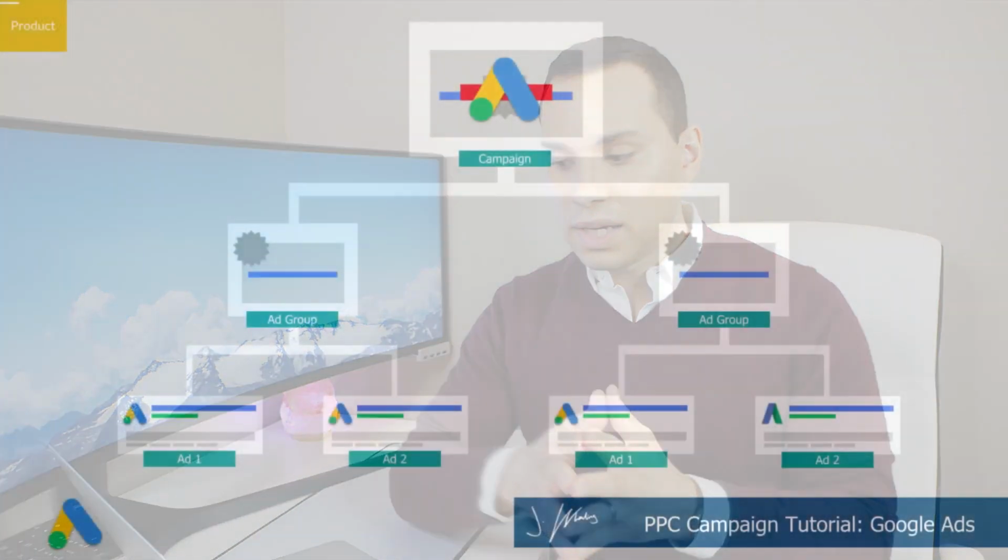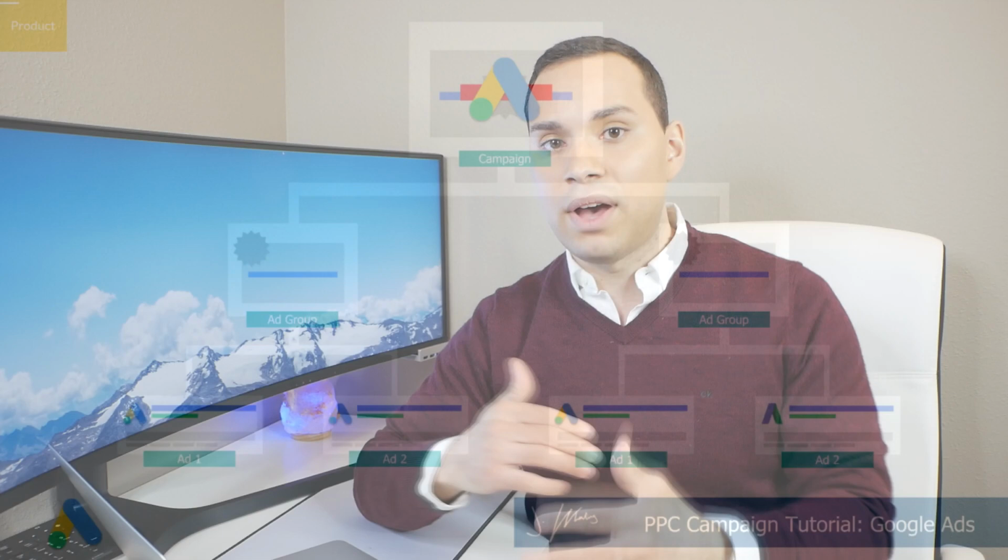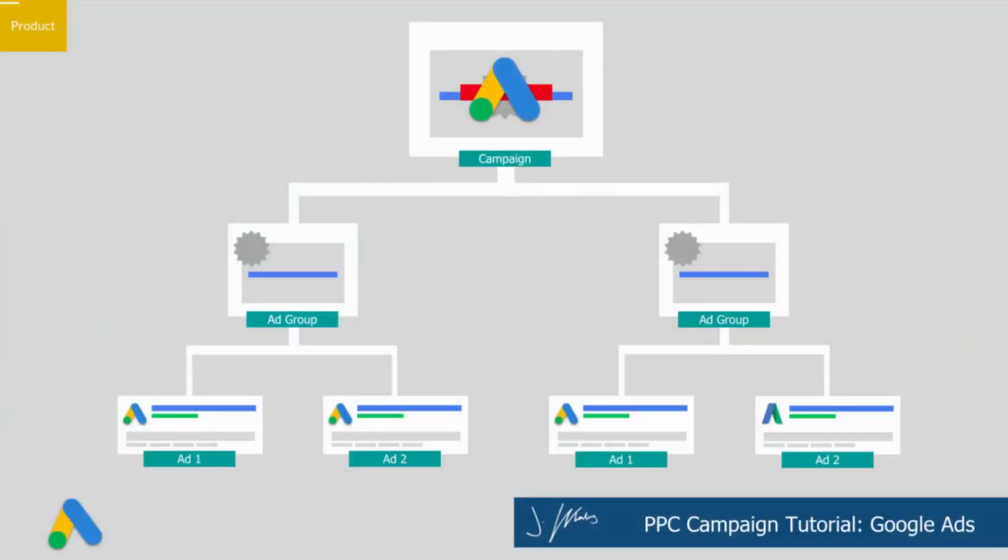Now, before we move on to step number 2, I want to go through this diagram here and just walk you through how Google Ads is structured. So what we just talked about is identifying the product that you're going to be having in the back of your mind as we go through this tutorial video. The next step is understanding how all of this is structured. So we have campaigns, then we have ad groups, and then we have ads.